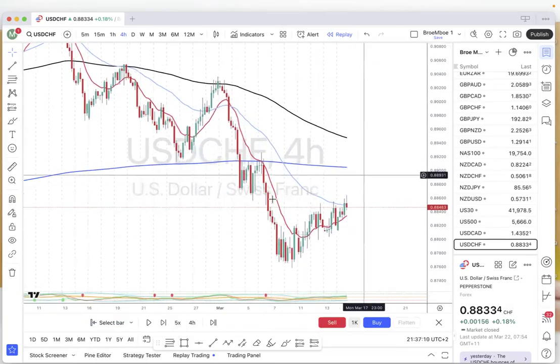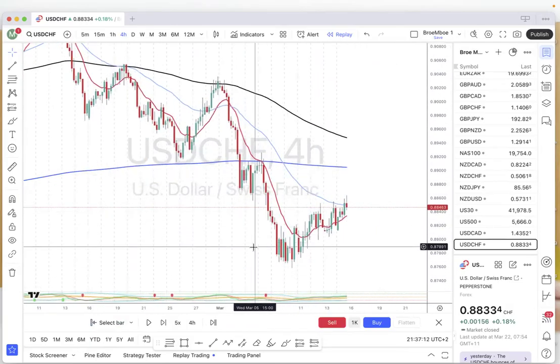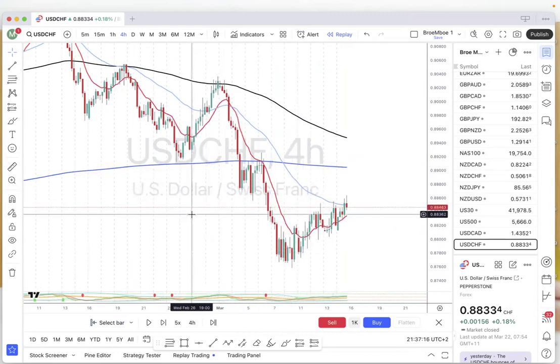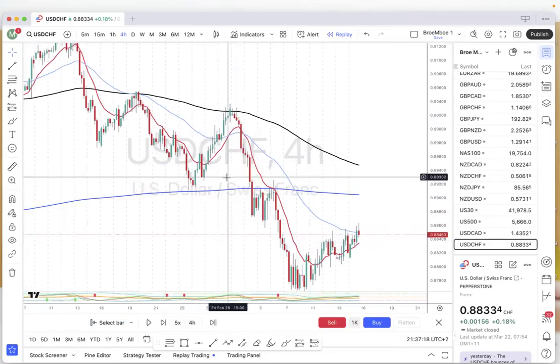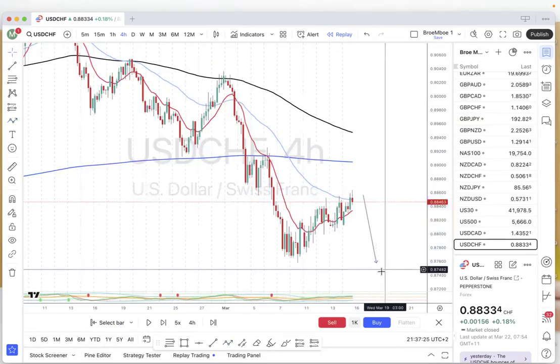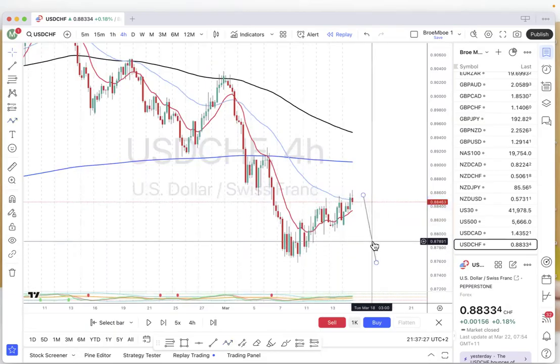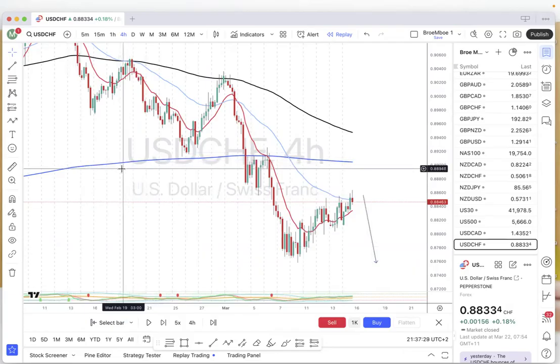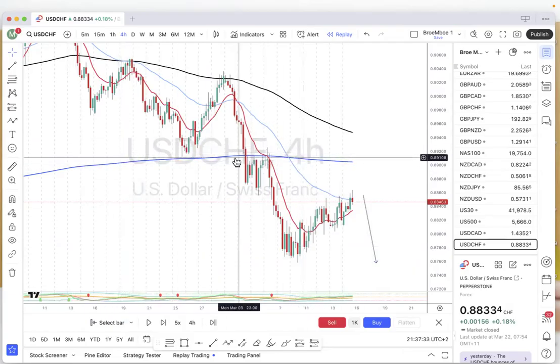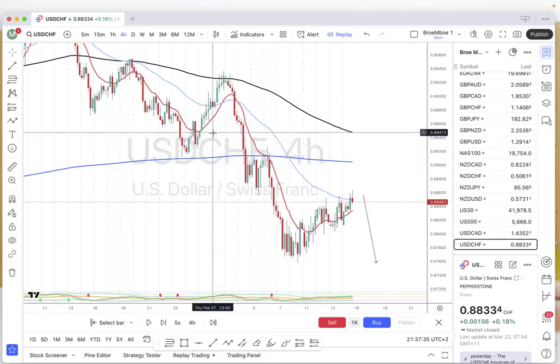If you look at this, this is how the previous week had ended. And I did call out a sell setup all the way up to the bottom there. And now we want to try and find out how that unfolded, why we got a sell setup instead of